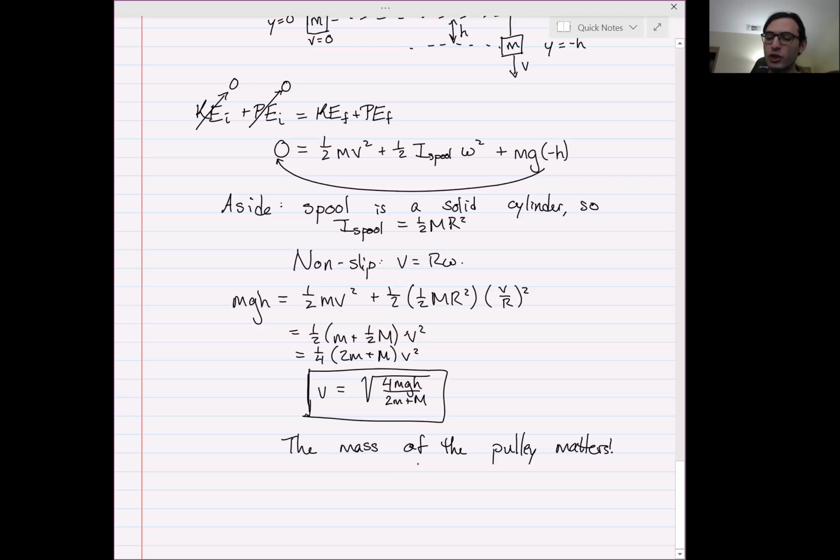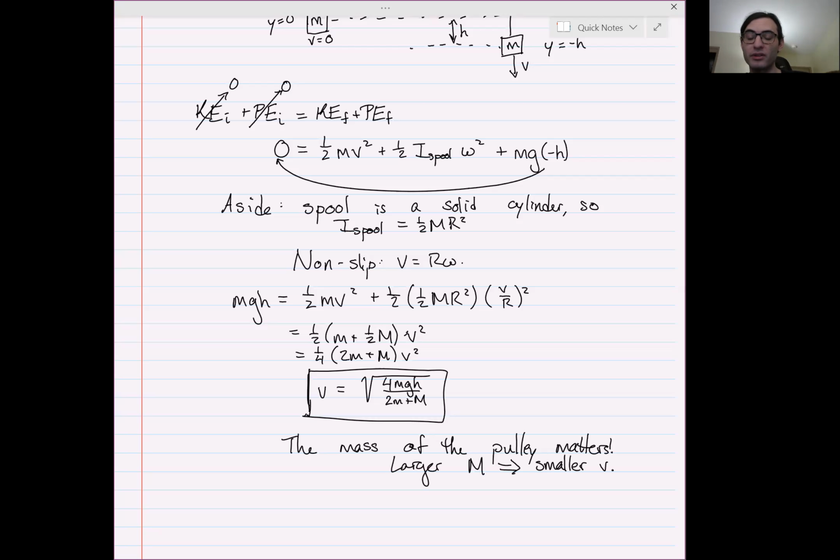If we have a larger spool, if the mass of the spool is larger, that means that we have a smaller falling speed. So you can see that the reason why we made this massless pulley assumption earlier in the quarter was because if you don't assume that, then you have to account for the rotational kinetic energy of the rotating pulley. And if the mass is non-zero, then it matters. By the way, if you were extra